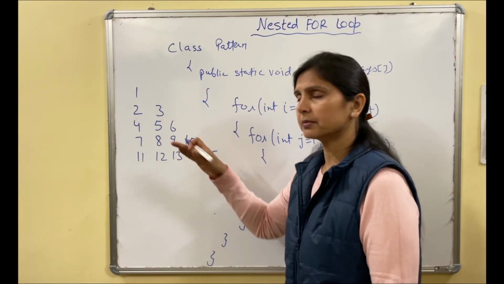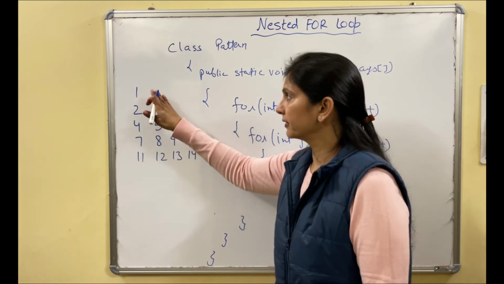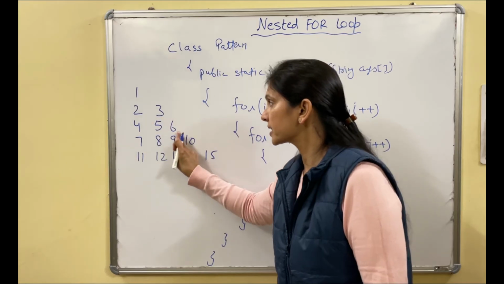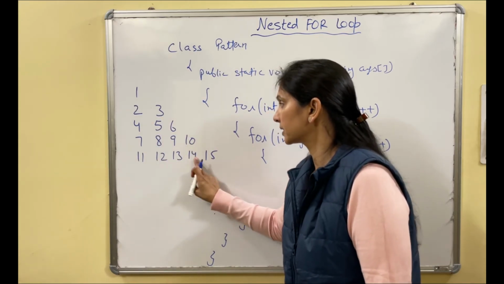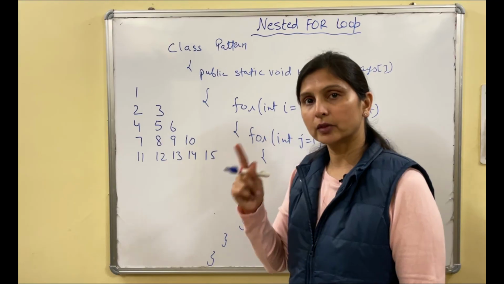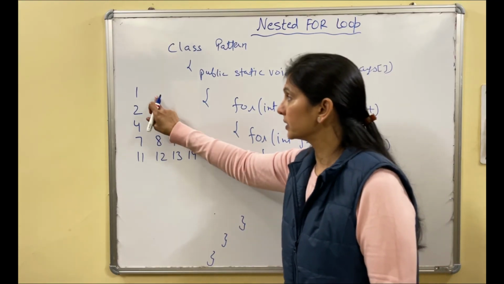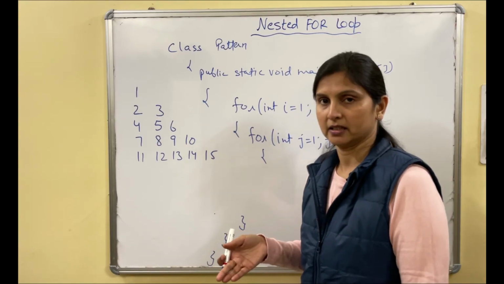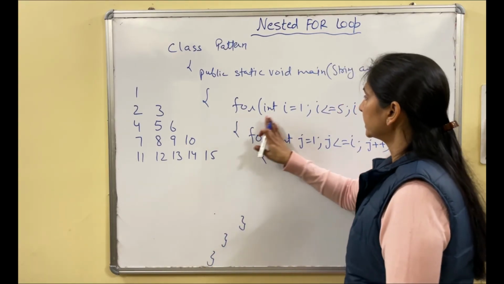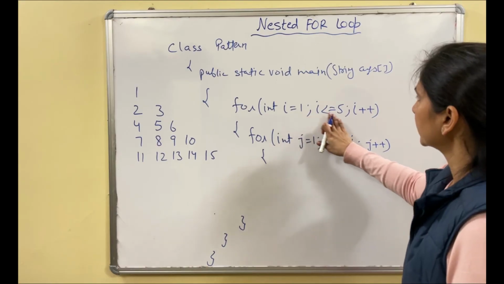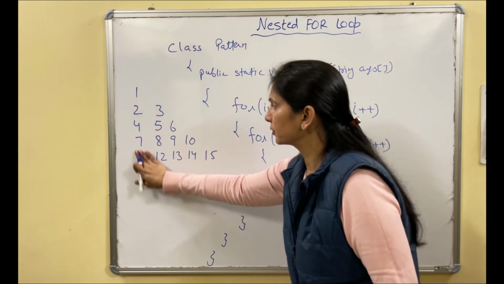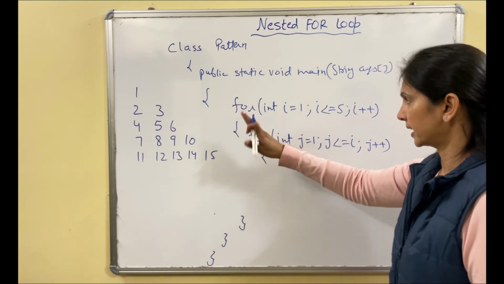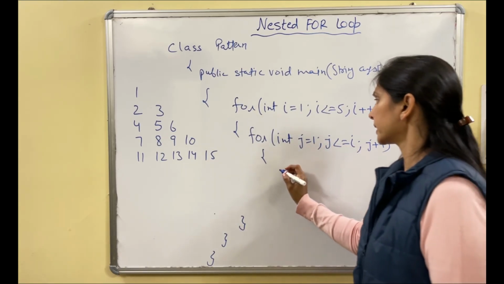So it means we have taken some other variable, right? We took a variable whose value is incrementing: 1, then 2 3, then 4 5 6, 7 8 9 10, then 11 12 13 14 15. So we have taken one variable, initialized with 1, and keep on increasing it by 1 and keep on displaying it. Fine. So how should I display it? For int i equals 1, i less than or equal to 5 will remain the same, 5 rows. j will also remain the same, 1 to i, right? As many as i is, that many j is. Fine. So what do I have to display?